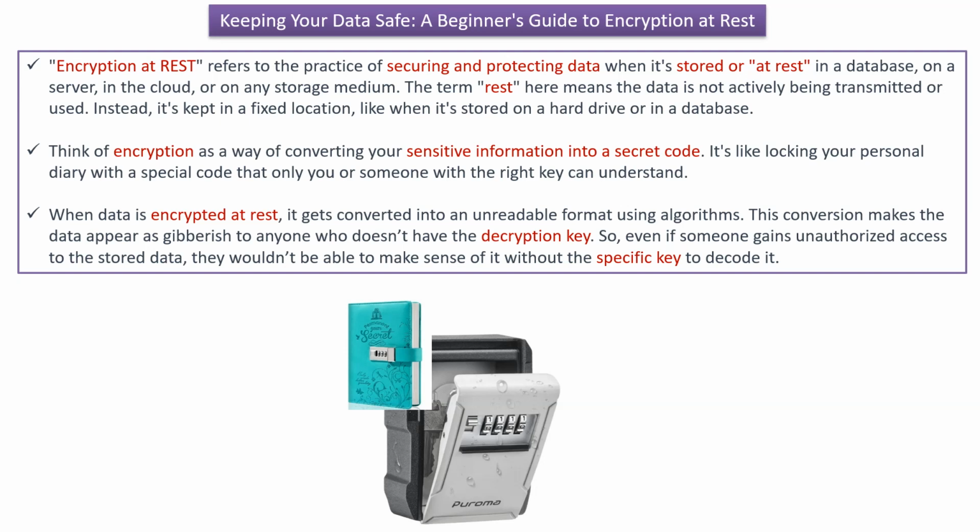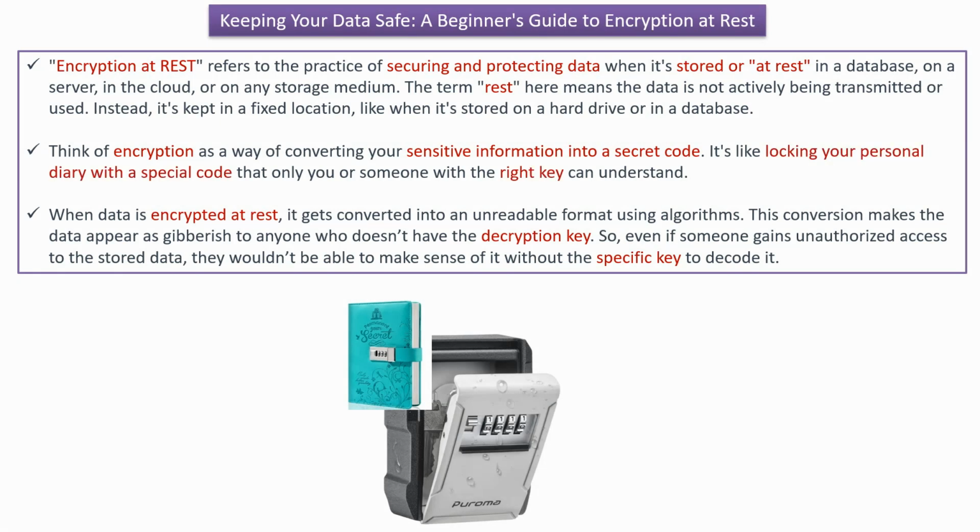In this video tutorial, I will explain what is encryption at rest. Encryption at rest refers to the practice of securing and protecting data when it is stored, or at rest, in the database, on the server, in the cloud, or any storage medium. The term rest here means the data is not actively being transmitted or used. Instead, the data is kept in a fixed location, like when it is stored on a hard drive or in